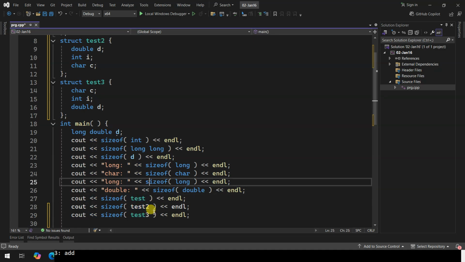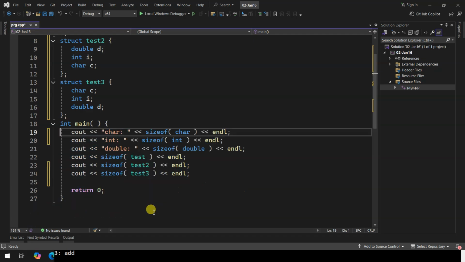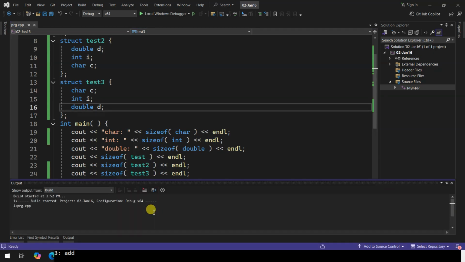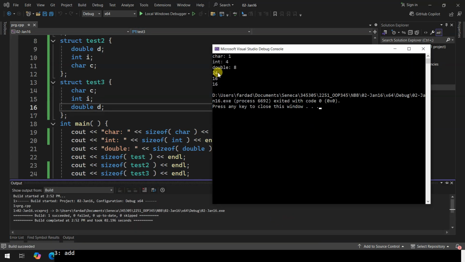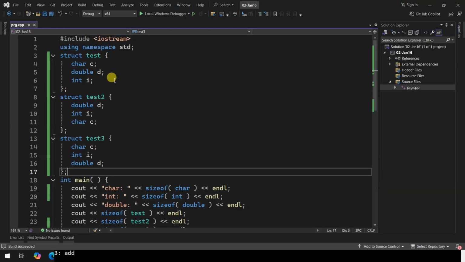Test 3, and I have a double and an integer, and so I have a double, character. So I'm going to put int over here. This is good, right? There you go. So you see 24, 16, 16. So the first one is having 24 of them. Now I can start doing it exactly as I've done over here, and you'll see the alignment. Do it at home. You will see that sometimes rearranging actually saves you memory.